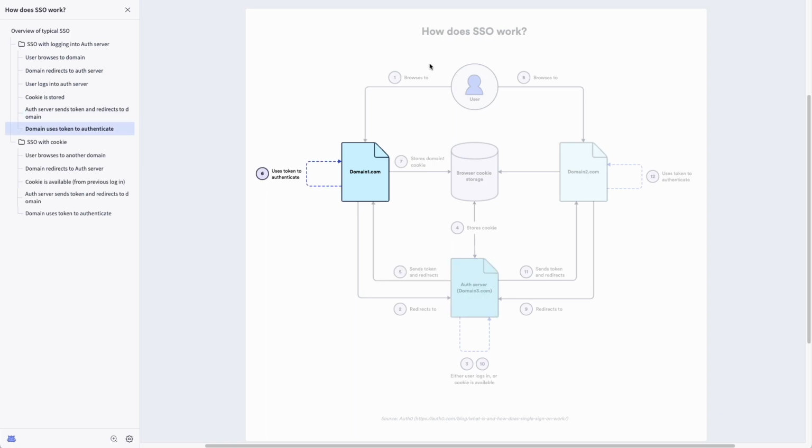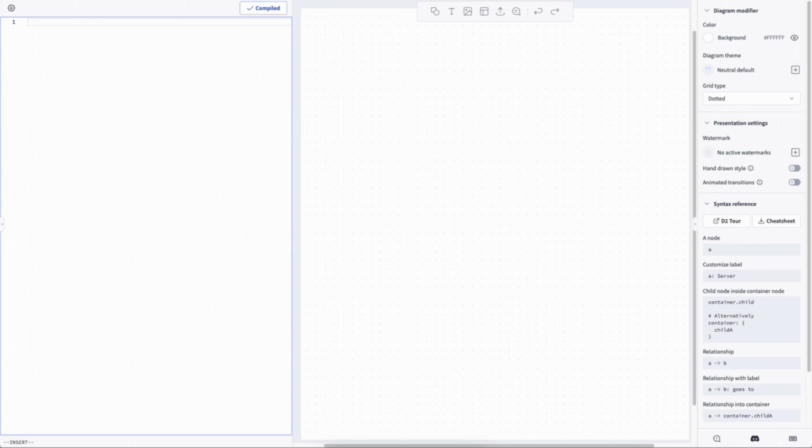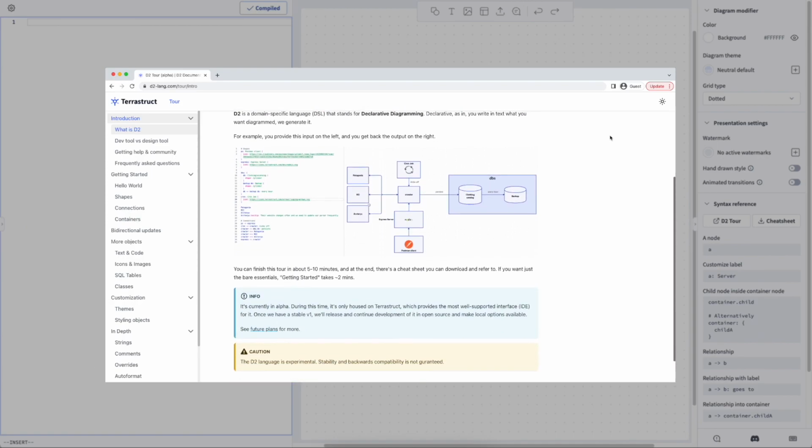The other big thing I couldn't find in any fully featured diagramming tool was a quicker way to define diagrams, and one that didn't involve me being a good artist, which I'm not. TerraStruct designed a dead simple language for you to make a complete diagram without ever leaving your keyboard.